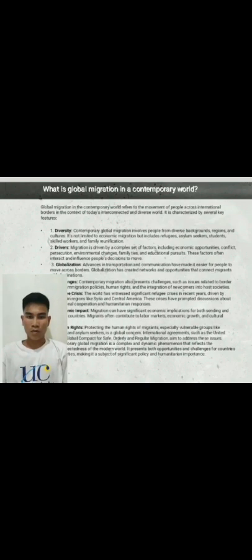Migrant workers often play pivotal roles in the labor force of destination countries, contributing to economic growth and filling skill gaps in various industries. Additionally, global migration leads to cultural exchange, diversity, and the complex process of assimilation and integration,